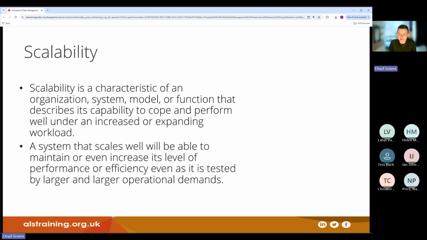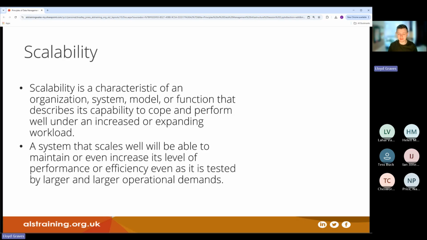Okay, so starting with scalability then. Like it says on the screen there, basically it's the characteristic of an organization, a system, a model, or some sort of function that describes its capability to cope with and perform well under an increased or expanding workload. So obviously,